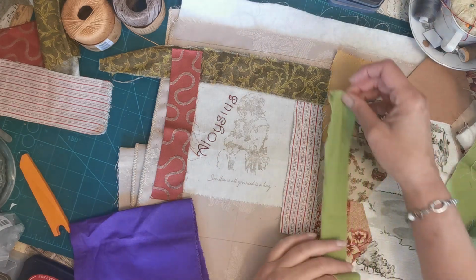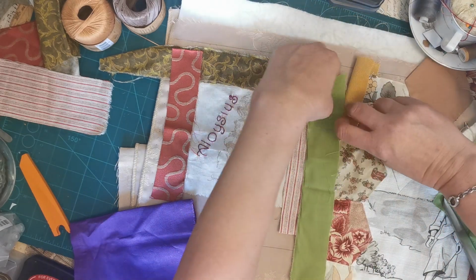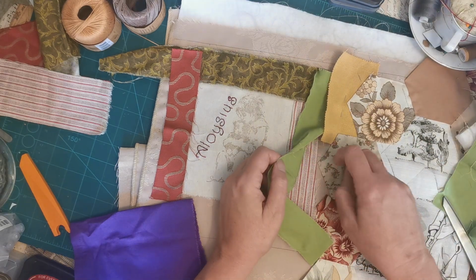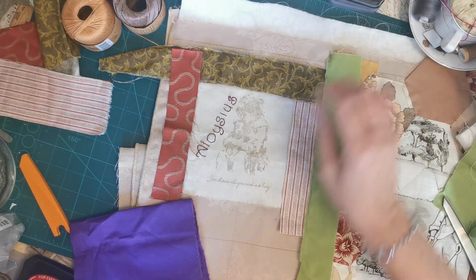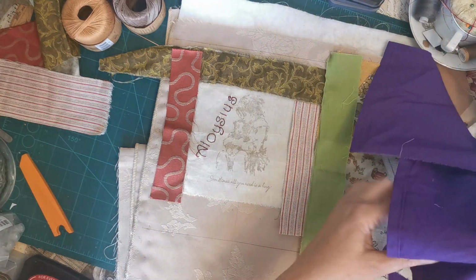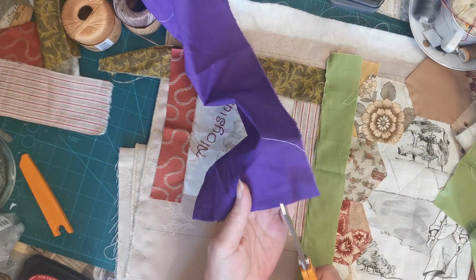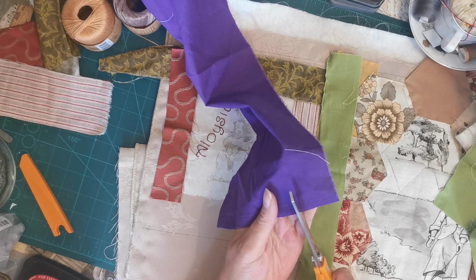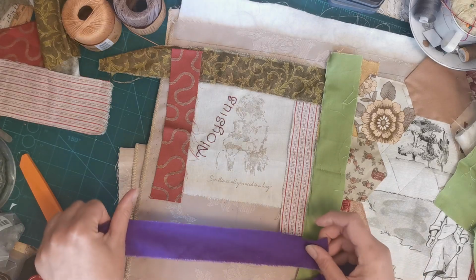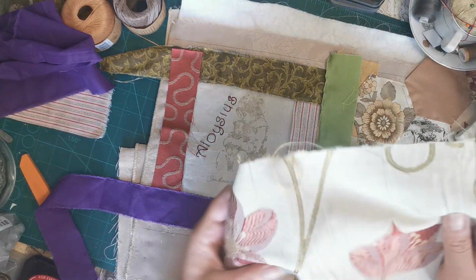do you know what, I've changed my mind. I'm going to put the green one there because that green and that gold, and I just think that will slot under there very nicely. I need to pick that stitching up, don't I? So that's going to go under there, and then we're going to have the 1.5 inches out of this one, trying to do them roughly the same. Don't have to be, of course. That will be that one,